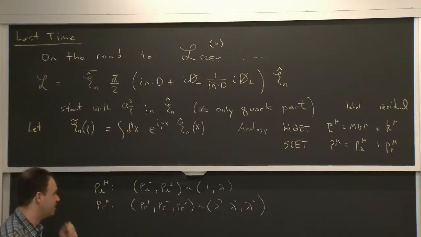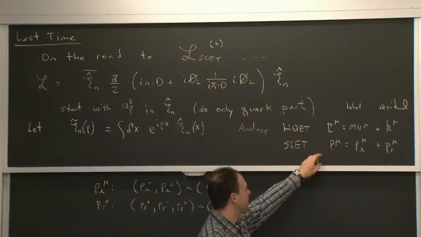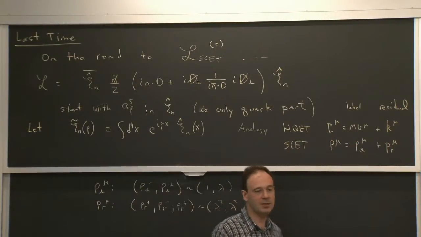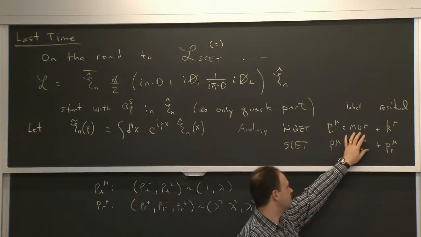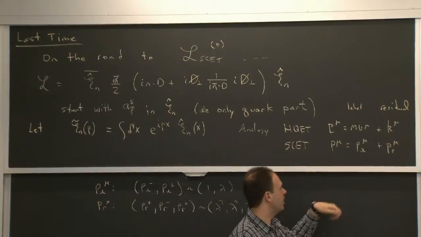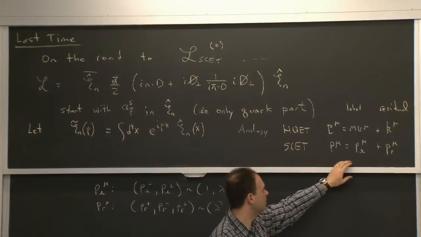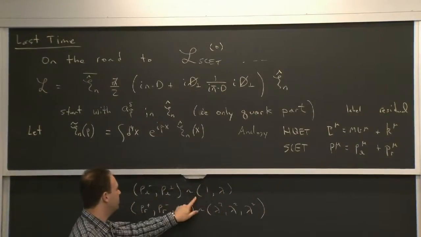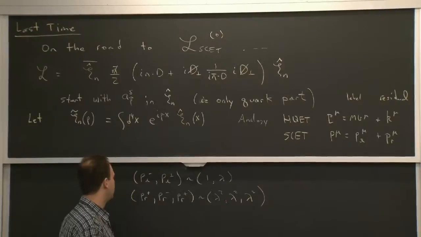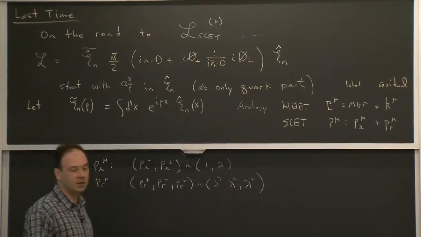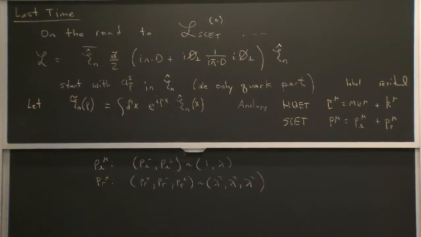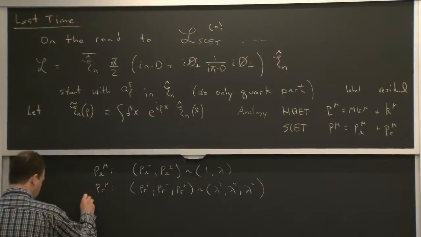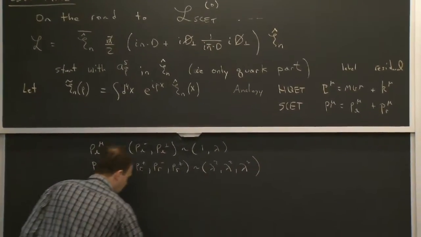And talk about doing things in momentum space, where I'm going to make an analogy with what we did in HQET. In HQET, we split the momentum into two pieces: a piece that was large and a piece that was small, and then we could expand. I'm going to do the same thing here, split it into a large piece and a small piece, where I'll call the large piece the one in the lambda components, and the small piece will be all the pieces that are of order lambda squared. If you draw a picture for this, it looks as follows.